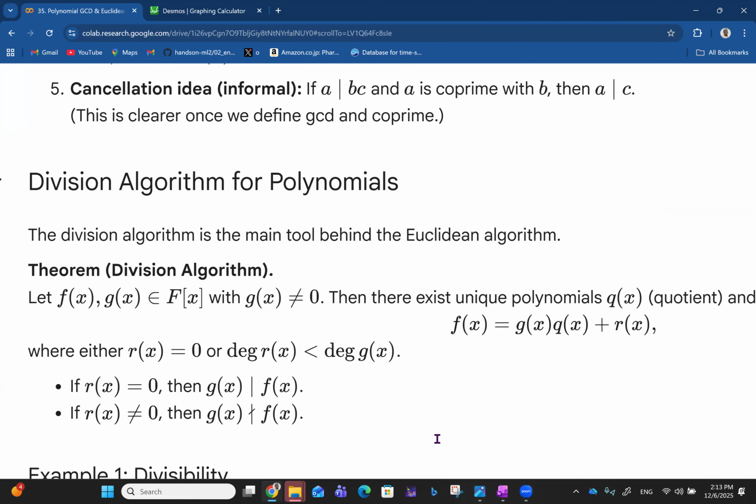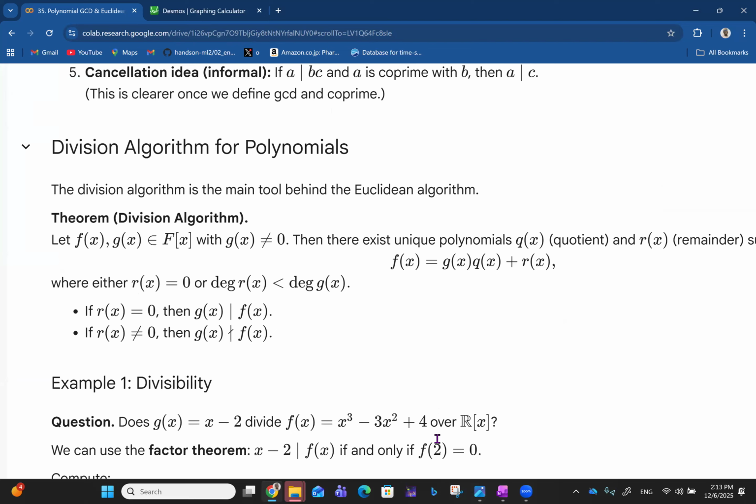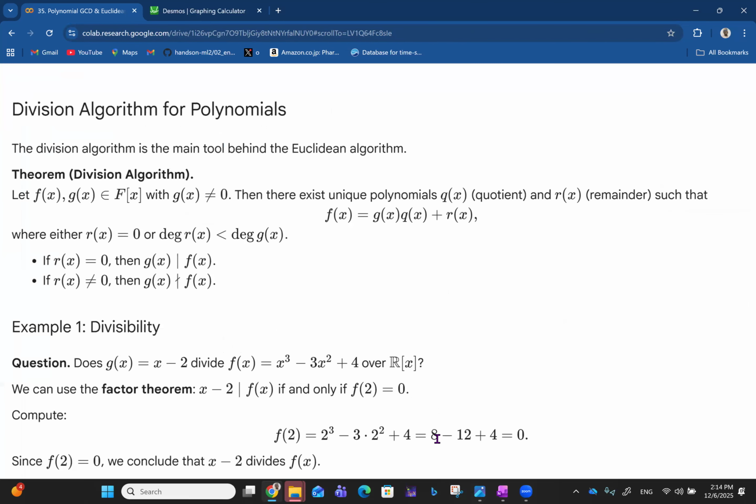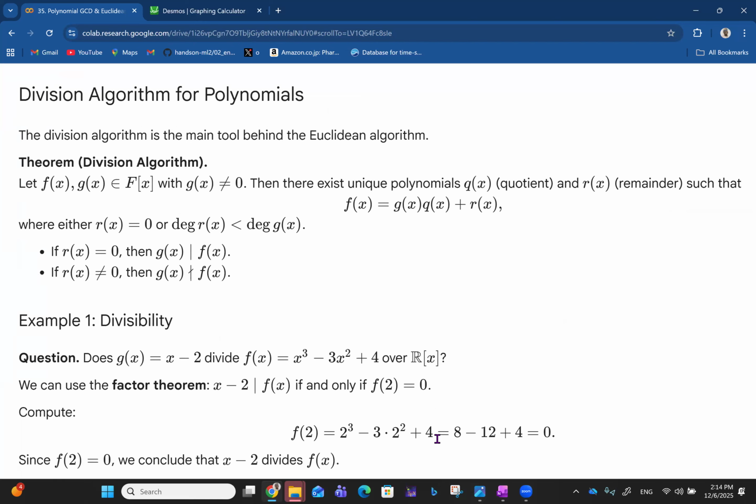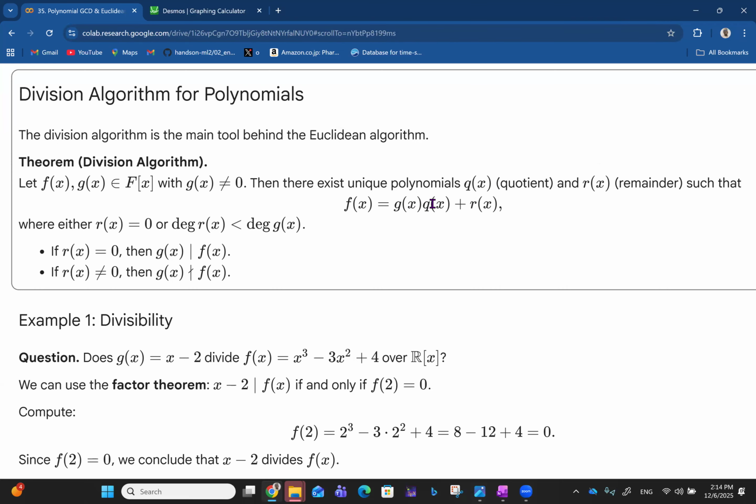So let's look at some division algorithms for polynomials. We've done polynomial division before, but this is us trying to go deeper into some theory about this. The division algorithm is the main tool behind the Euclidean algorithm. The theorem: let f of x and g of x belong to the set of all non-constant polynomials, with g of x not equal to 0. Then there exist unique polynomials q of x, the quotient, and r of x, the remainder, such that f of x is equal to g of x times q of x plus r of x,